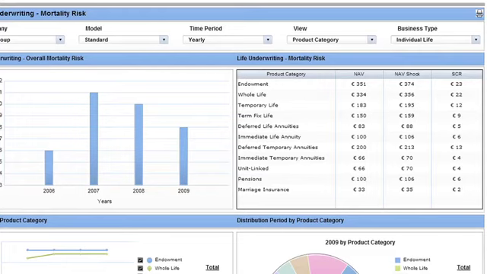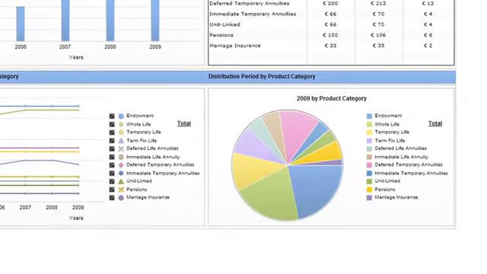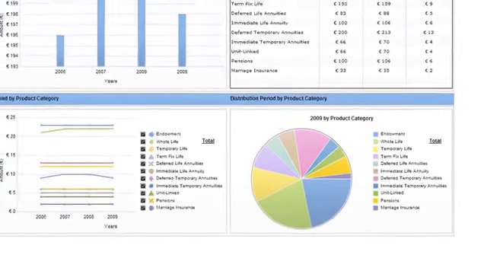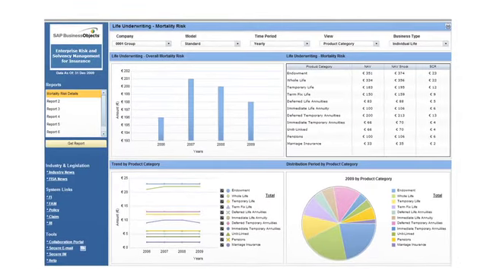And as we see, there is an increased impact to all products. To visualize those products with the most impact, we can look at our lower right quadrant using the pie chart graph. The key impact to our book will is in temporary life, whole life, endowment, and deferred annuities products. At this point, as the Chief Risk Officer, I would have a dialogue with our Chief Actuary for life insurance, and we would determine whether we wish to continue in all of these product areas or whether we wish to revise our underwriting guidelines or make other adjustments, perhaps to our investment strategy for asset coverage for our life insurance